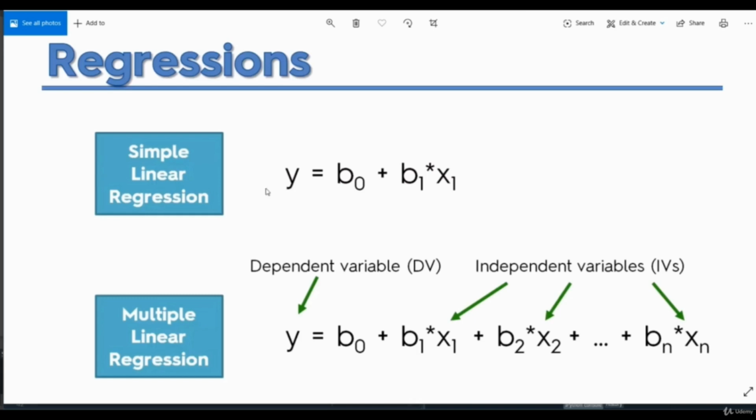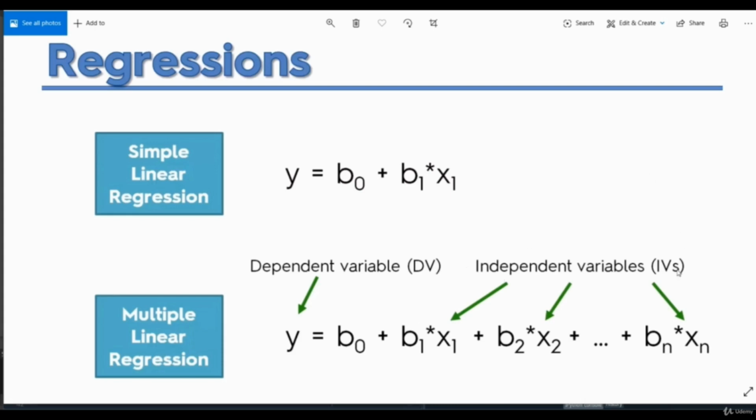Now you may have seen this simple equation of simple linear regression. Today we are going to talk about multiple linear regression, and this is its equation. As you can see, the dependent variable y is equal to the constant b0 and the coefficients b1, b2 to bn corresponding to the independent variables x1, x2 up to xn. Now the working is all similar, it's just that there are multiple independent variables available. Now b0 is the same constant, that means the intercept of the line on the y-axis, and b1, b2 and bn are coefficients related to the corresponding independent variables.